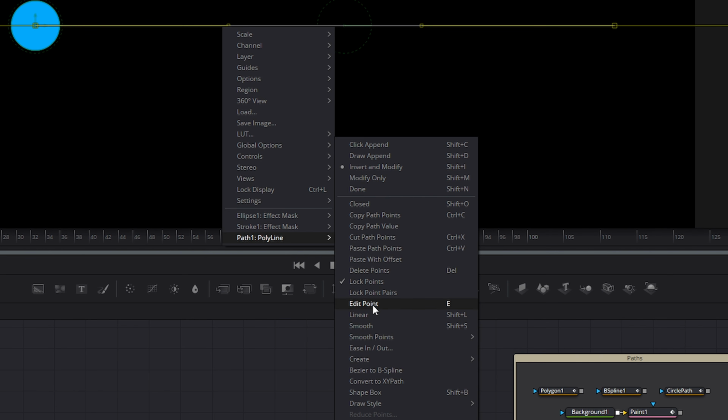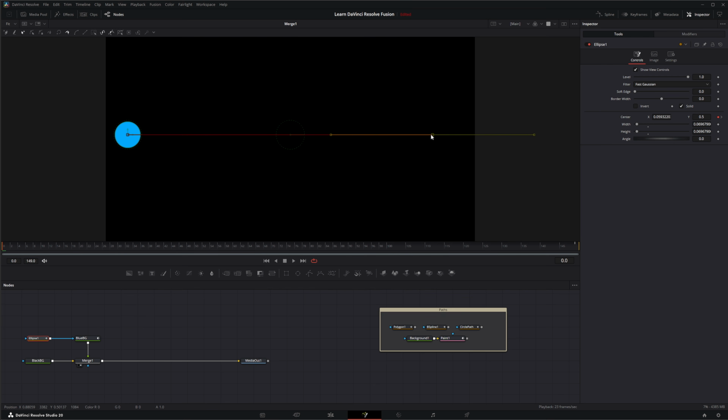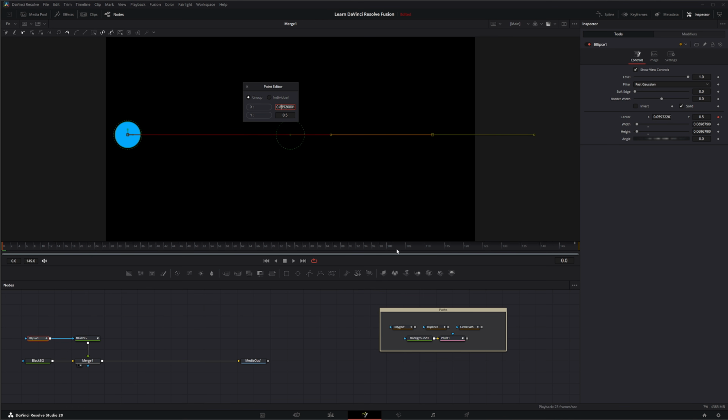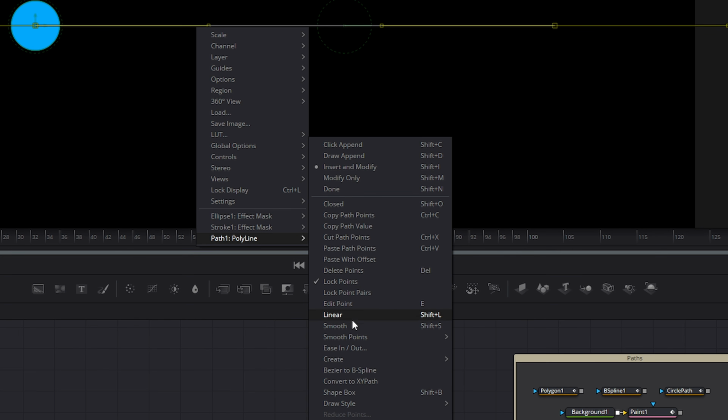We can edit a point, and this is going to come up with a pop-up. So if I select this point, go to polyline and select edit point. Now I can individually edit that point by a number. So I can just put in a 0.8 if I want. I can also change it to